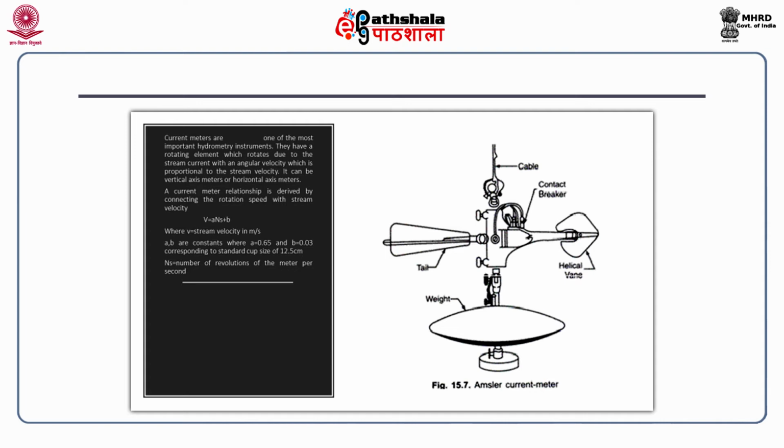So, if you look at the formula, what you have there is aN plus b. A and b are instrument constants. Now, these two constants are standardized, they are calibrated, while that N is measured. So, when we measure that N, let us say it is going to come to 10 rotations per minute or 10 rotations per second. So, we multiply a with that plus b and we get the velocity, and this is the velocity of flow in the river or stream.